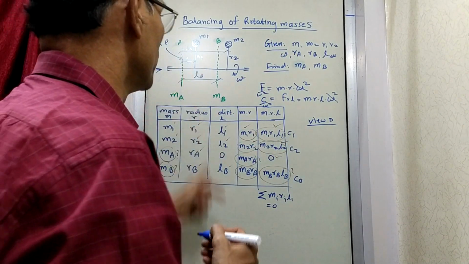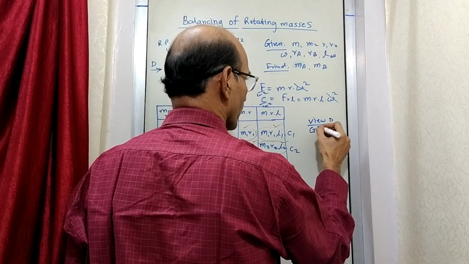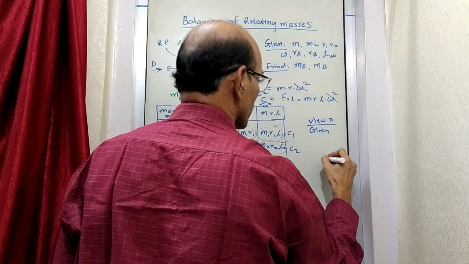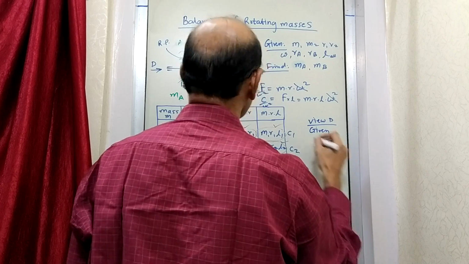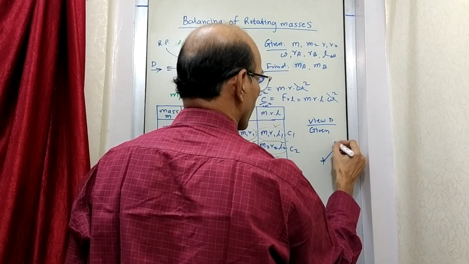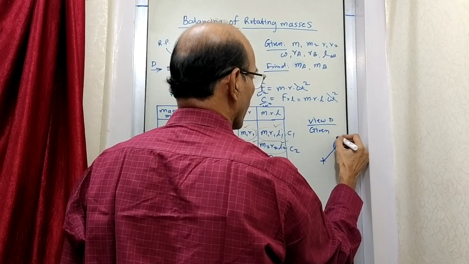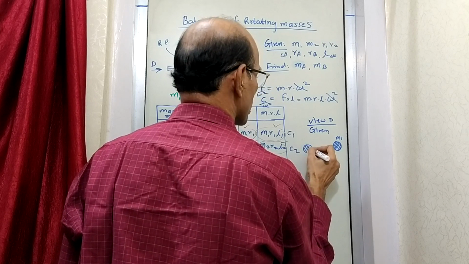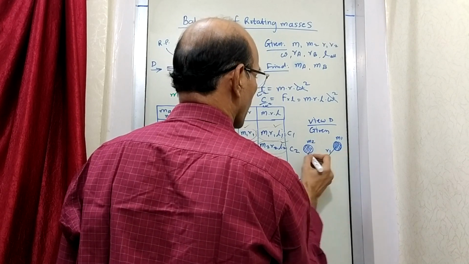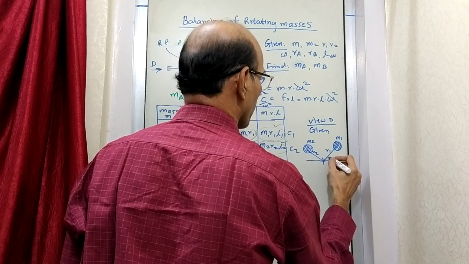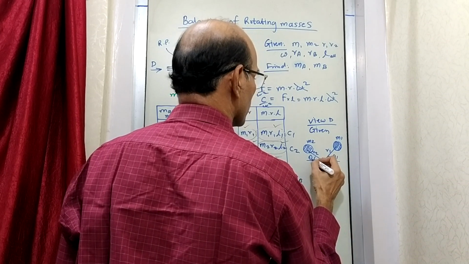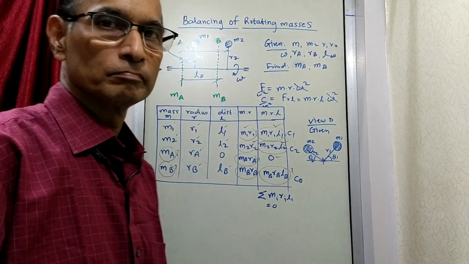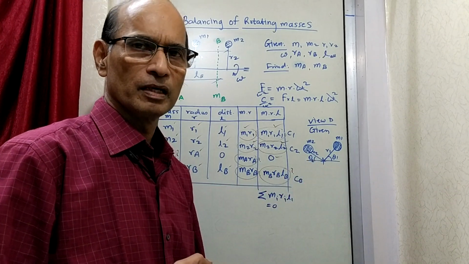So what will be the side view of this? That is given to us. Because the positions of the masses are given, even the side view shows their angular position. So maybe M1 is somewhere here, and M2 is somewhere here, which is given. R1, R2, and what is more important is that theta 1 and theta 2 are given. So the side view shows where these two masses are at a certain angle. Remember, this is just a representation.